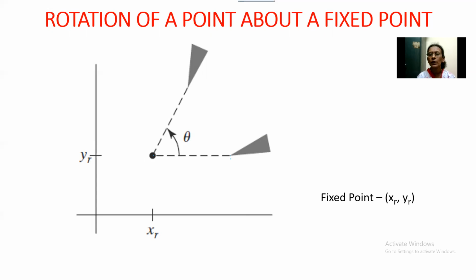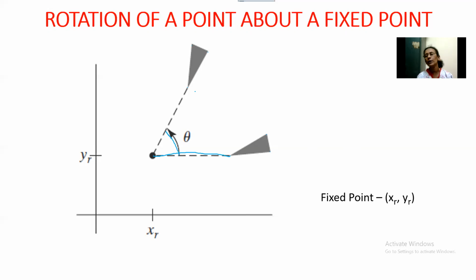So what I do is I rotate this vertex. Say this is the line from the point to this vertex. I rotate this by an angle theta, so I get this point. Again I rotate this with respect to the fixed point by the same angle theta, and I get this point. Similarly, I rotate this vertex by theta and I get this point, and this is the triangle that I want.